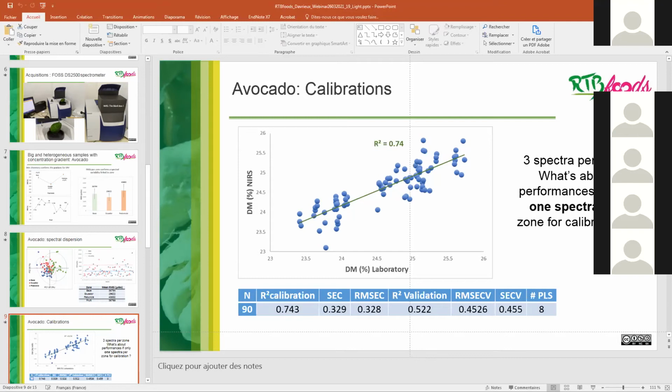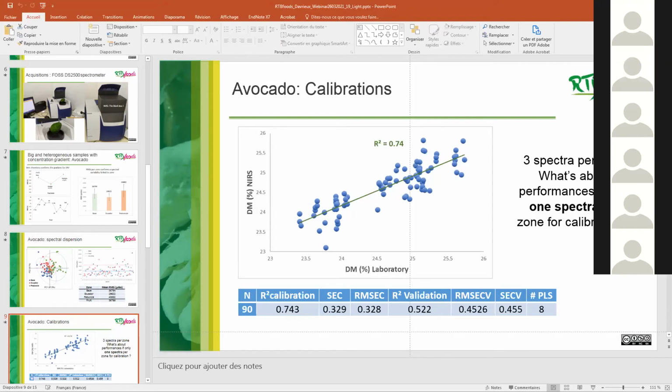That's also why we try to do spectra on whole material without preparation, because we want to save all the preparation time. We don't want to peel or grind. I agree with your remark.